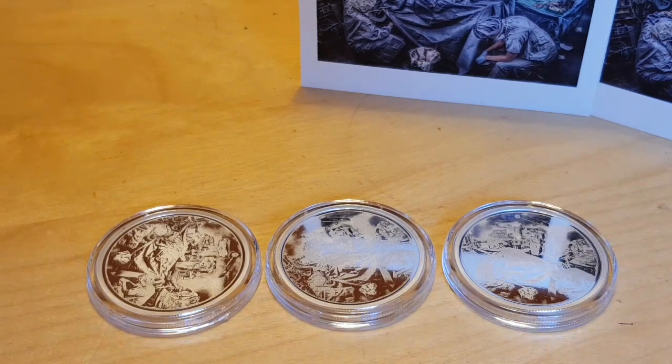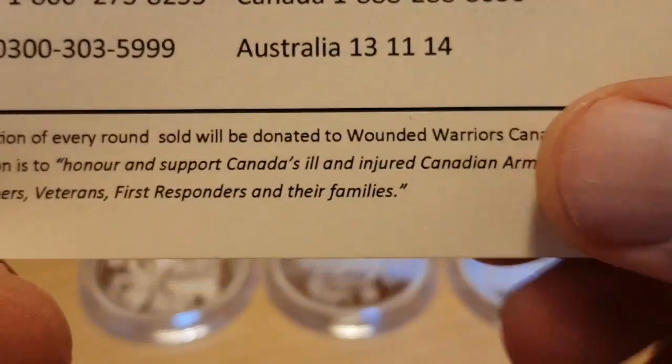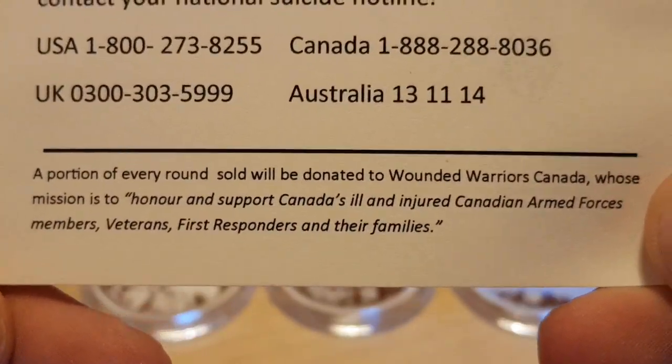A portion of every round sold will be donated to Wounded Warriors Canada, whose mission is to honor and support Canada's ill and injured Canadian Armed Forces members, veterans, first responders, and their families. That's actually in the bottom small print there. I'd like to know what the portion is, quite frankly, but